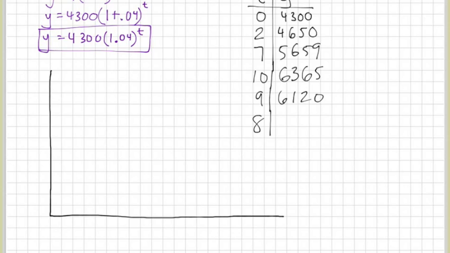So I'll go back and plug in 8. Okay. These all have decimals on them, but I'm just rounding them off because it doesn't really matter. We're going to be putting it into a graph anyway, right? So you don't have to have perfect answers here because you're not going to be able to plot them